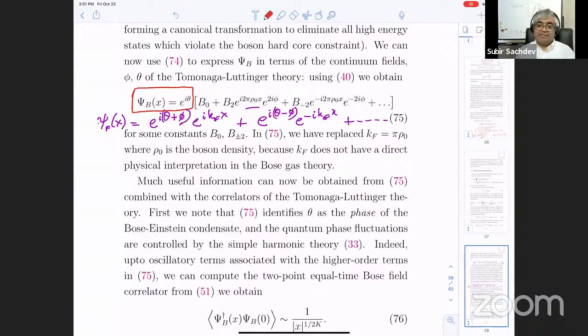So we have bosons at some density. Then, they want to Bose condense. And that Bose condensate has a phase. And now we know what the theta is. The theta is just the phase of that condensate, e to the i theta. Okay, and the low energy theory for theta is just (∂_μ θ)², the relativistic form, and that's the